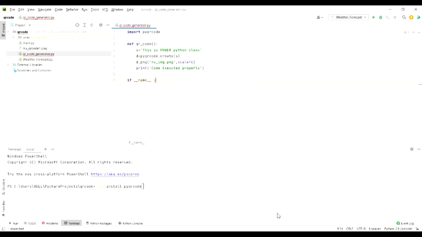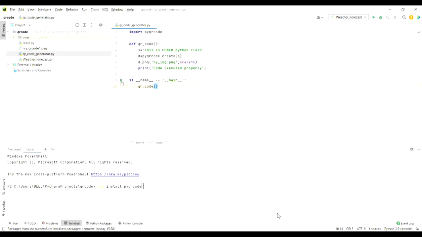Now you can see the green arrow came over here, which shows that this line is executable. You can directly execute anything inside this. Okay, so I'll just call the function that we have written into this line.